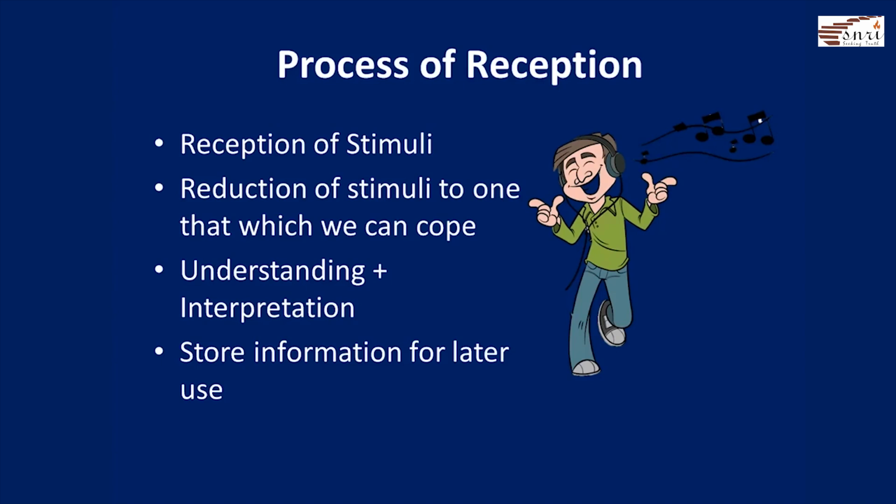Now, it is important to remember that receivers make immediate decisions about how they will respond to a given situation. And in this way, we see that sometimes the reflexes have to be quick. Sometimes you need to be quick in taking decisions. You need to be quick in making certain judgments. And for this, you do not have a lot of time to decode and interpret the messages as you would want. So this comes with experience, and also when there is a lot of confidence and trust between the sender and the receiver.